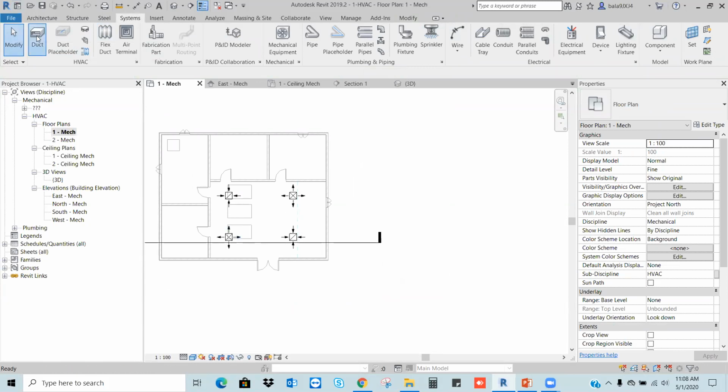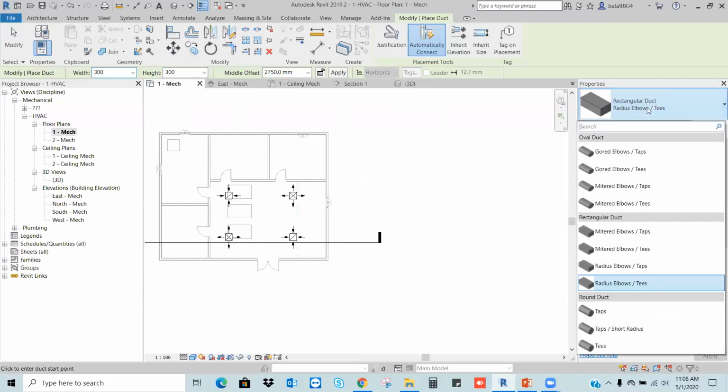I just chose the duct. When I choose the duct, I am getting different kinds of ducts here. I am going to choose a rectangular duct. When I choose the rectangular duct, I have four different kinds of ducts. I don't know exactly what they are. What is the miter elbow? What is the radius elbow? What is T and what is tap? First, I want to know this before making my routing.